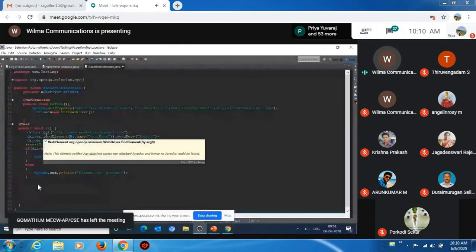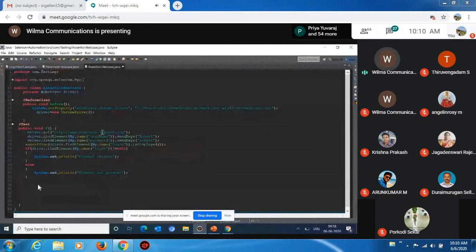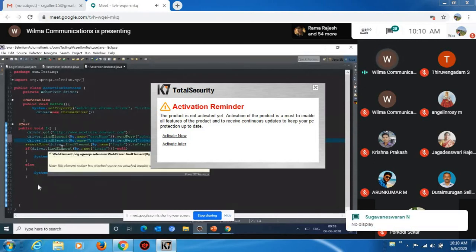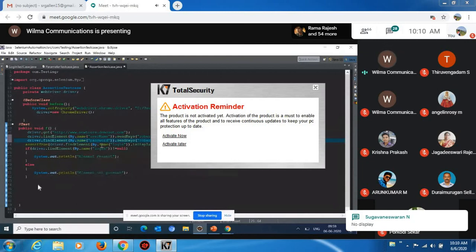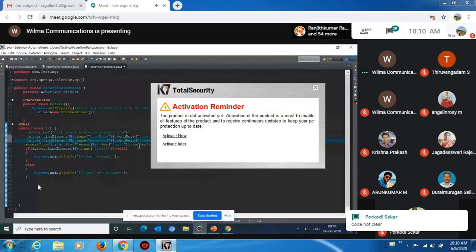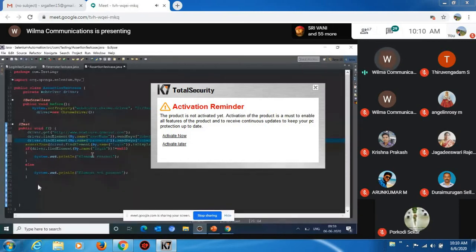So for that, you can see my code. I open that application, demo AUT. Then I'm going to enter the username and the password. I have entered username as Robert1, password as Robert1. After that, you can see what I'm doing. I'm going to check whether the element login is displayed or not. After that only I'm going to click on that particular application.